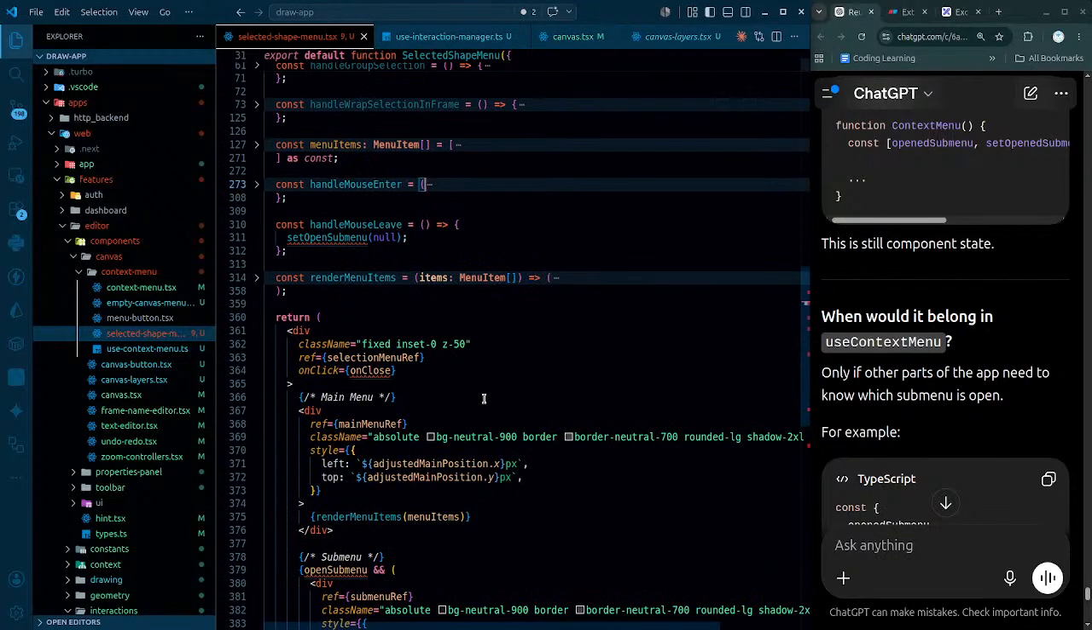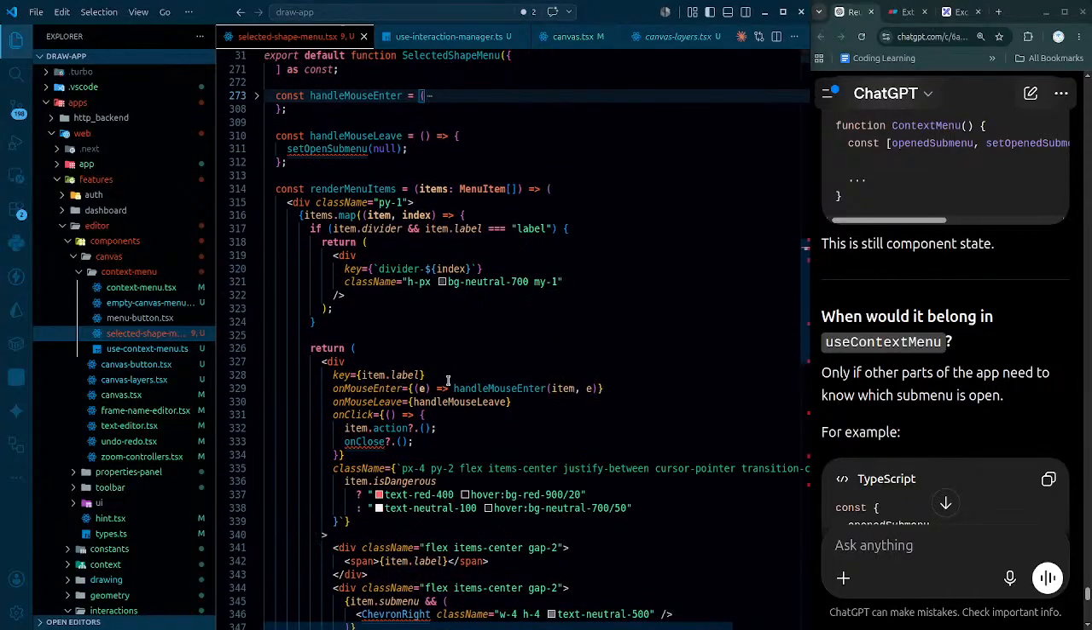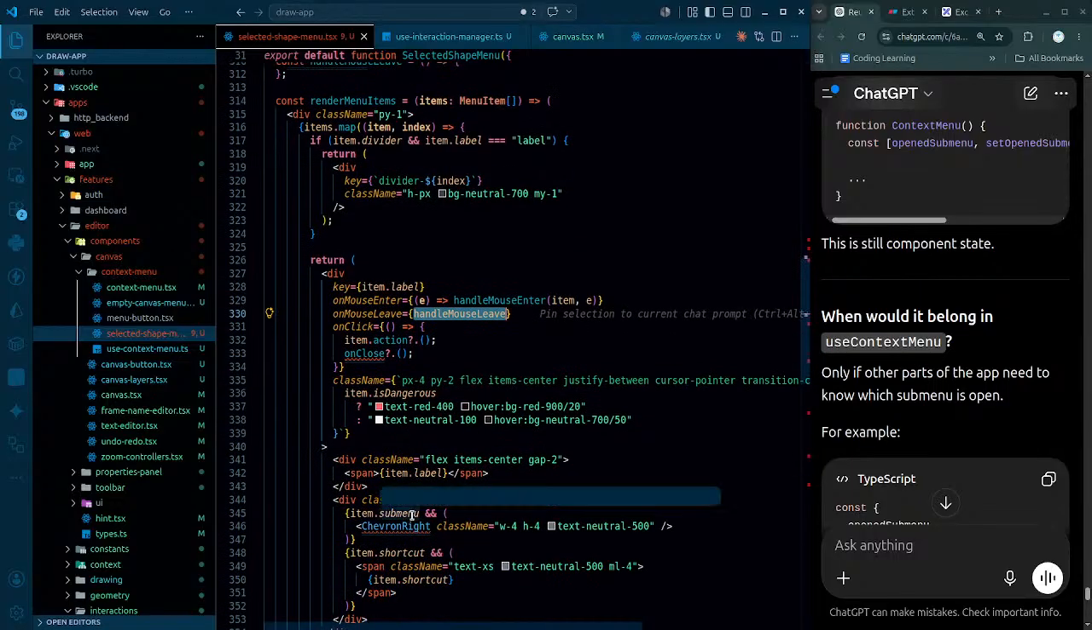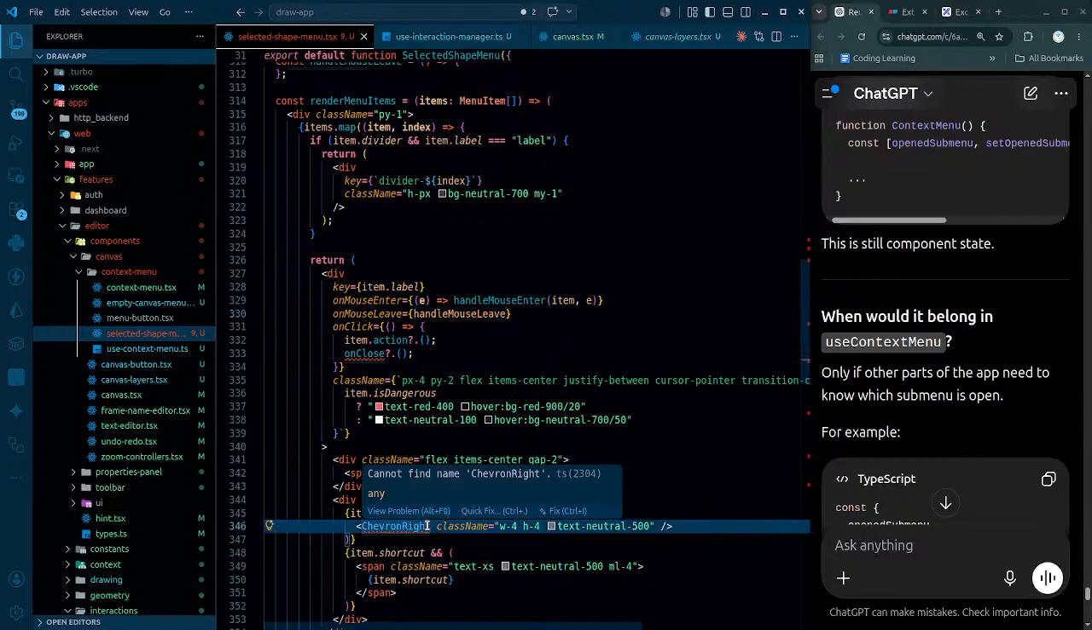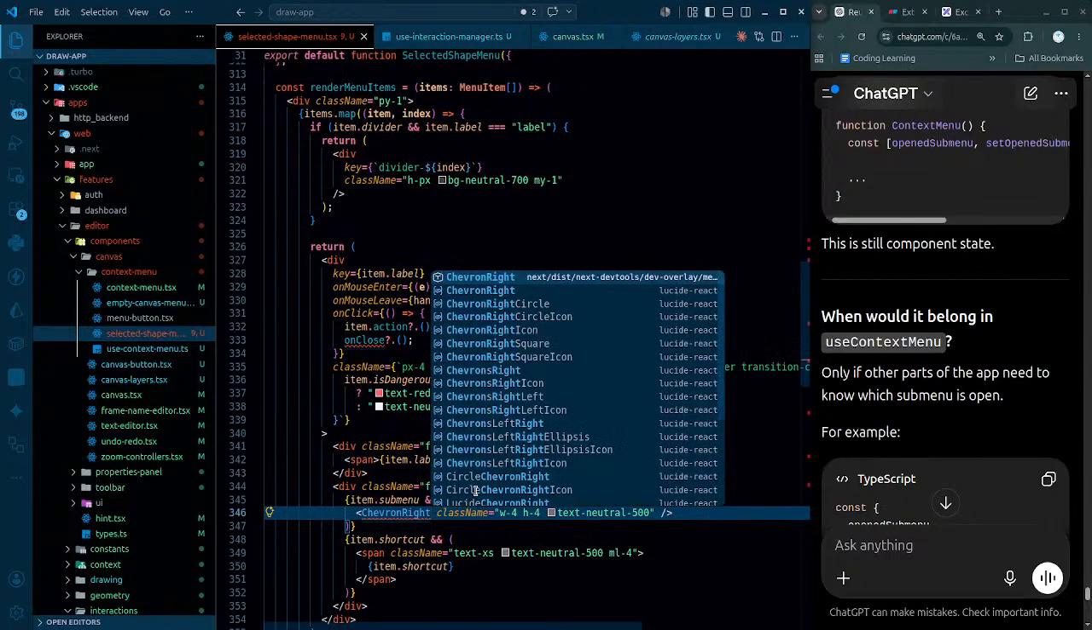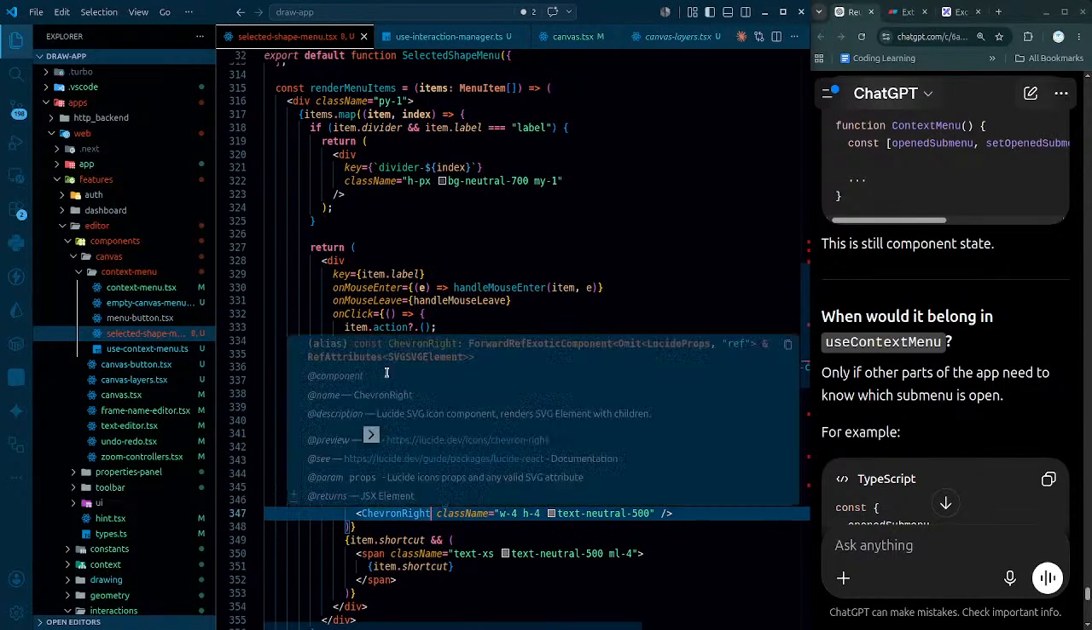Handle mouse enter is actually being called inside this. So handle mouse enter will have, so it will be just one of the items, that is fine. What have I done? This is fine. So